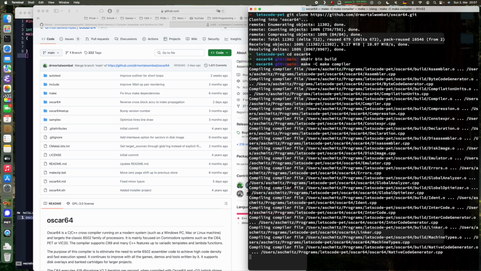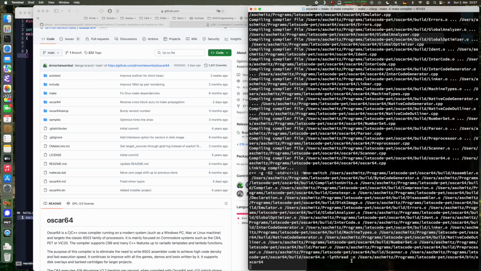Like CPU wise. Yeah, and it will take a minute or something. Pretty fast usually. So let's wait for this to finish, and we'll see how we can use the compiler. And I finished speaking, it was already done. So there we go. We now have a compiler in the bin folder,